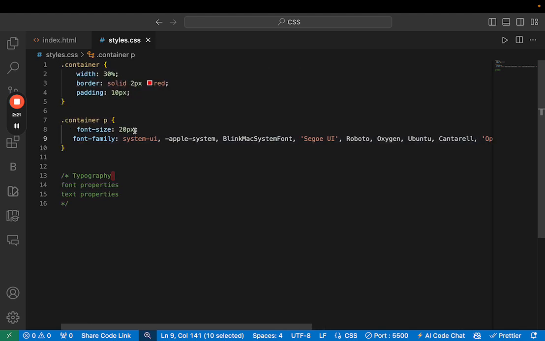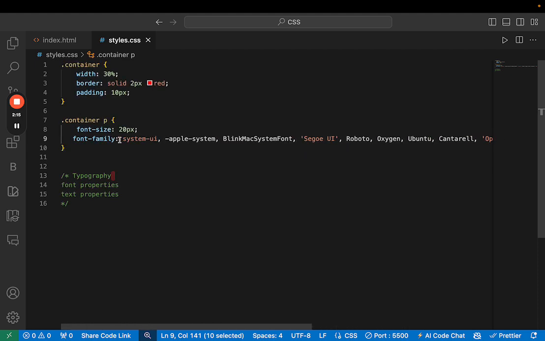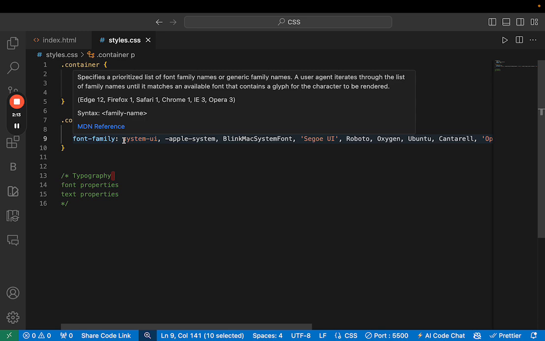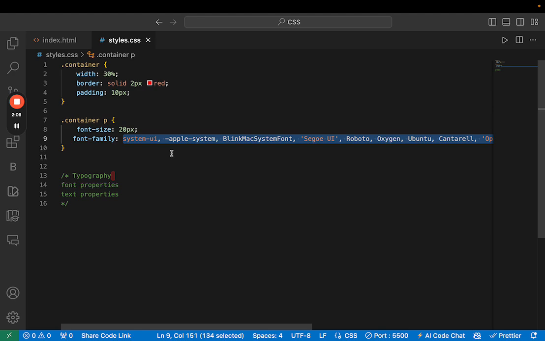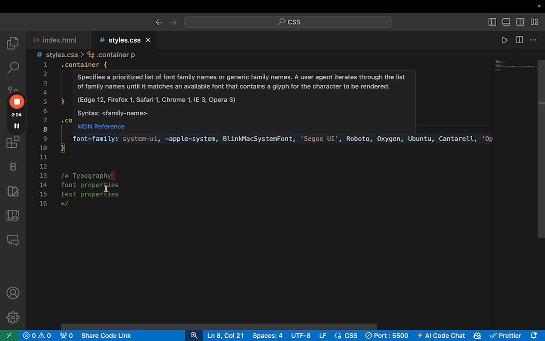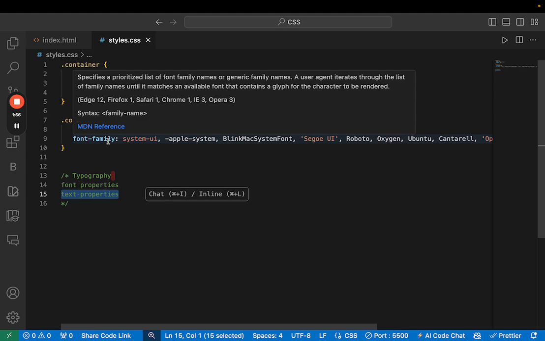So we've talked about font size, we've talked about font weight, we've talked about font family. Okay, so next we're going to talk about text properties. As far as text properties go, we are basically talking about